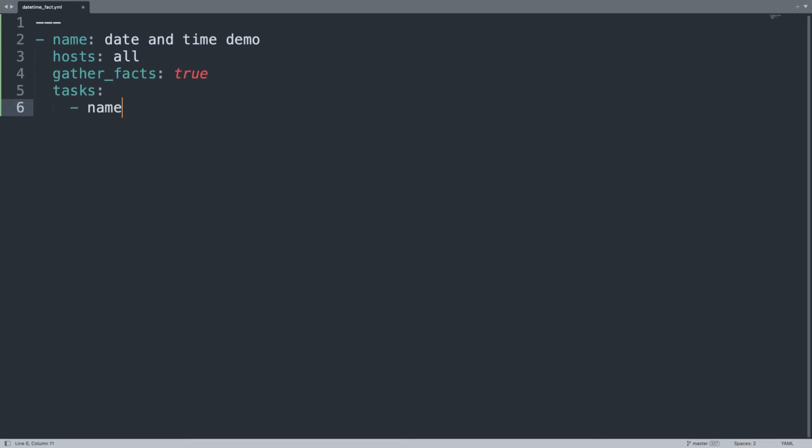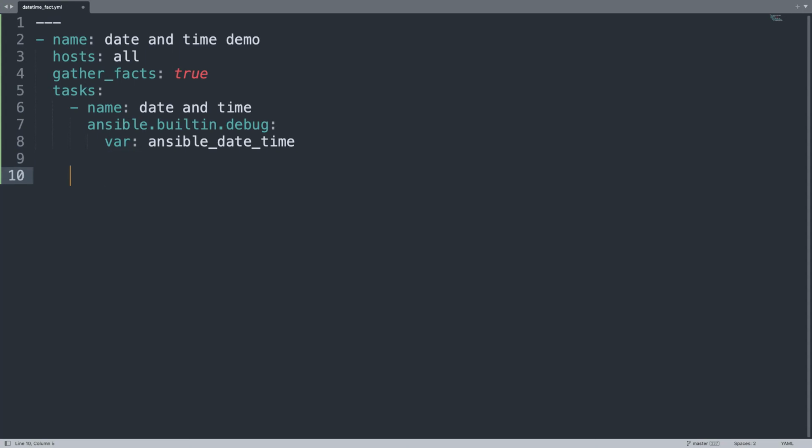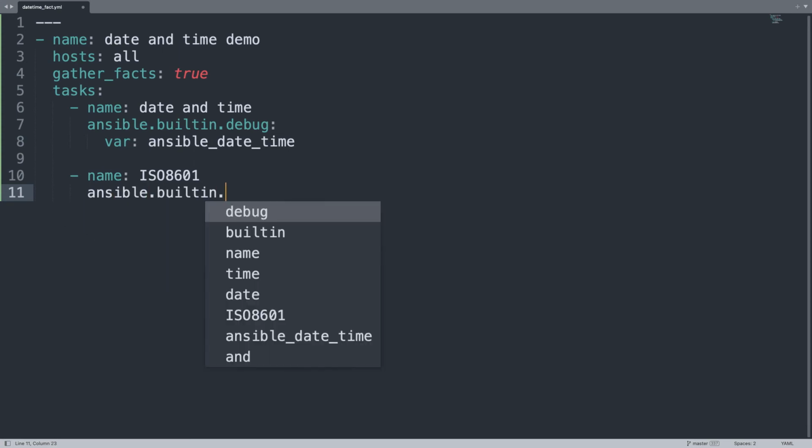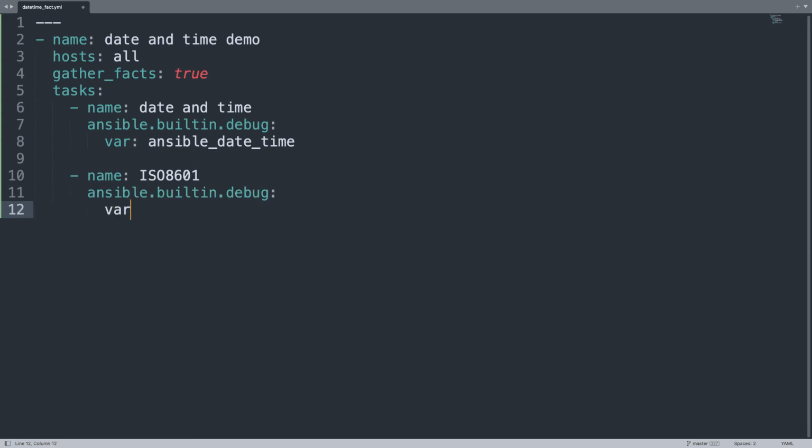On the task list, two tasks, one to display date and time just straight away in the same way Ansible stores it. So to display, let me use ansible.builtin.debug using the variable ansible_date_time. And that's it. It's going to display date and time in all the possible ways. Or let me select the ISO 8601 format. So let me use the debug module again, and on the variable let me select the .iso8601 from this